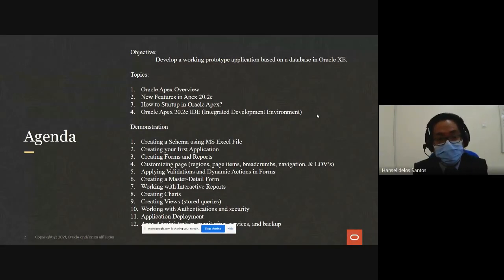Topics covered as part of the agenda will be, of course, an Oracle Apex overview and what the new features are, particularly with the new release of Apex 20.2c, and how we could start up directly from Oracle Apex. We will also have some familiarization with the IDE, the integrated development environment of Oracle Apex 20.2. And later we'll do some demonstration with an actual mini project that we'll be developing,